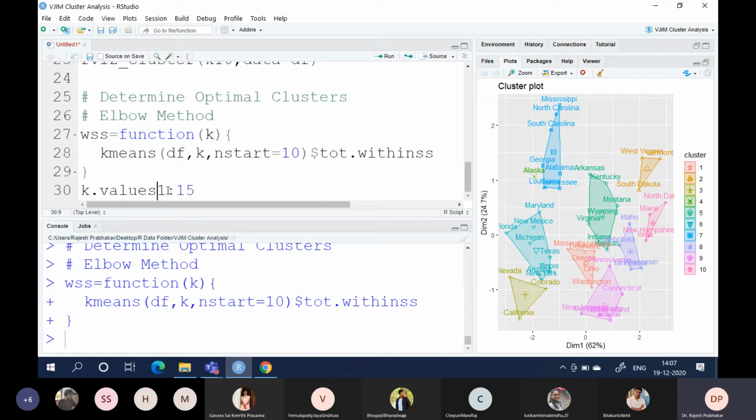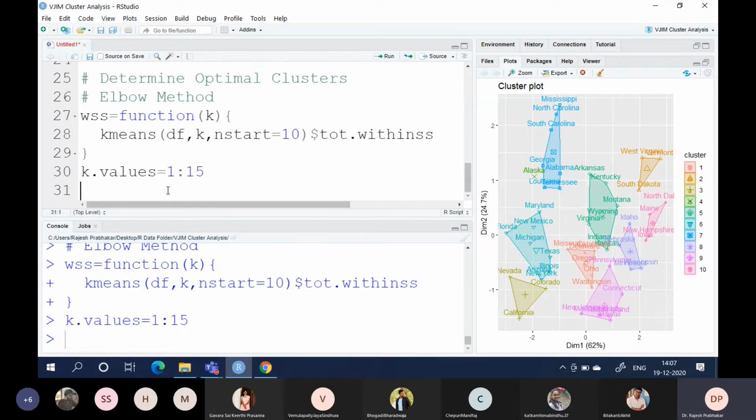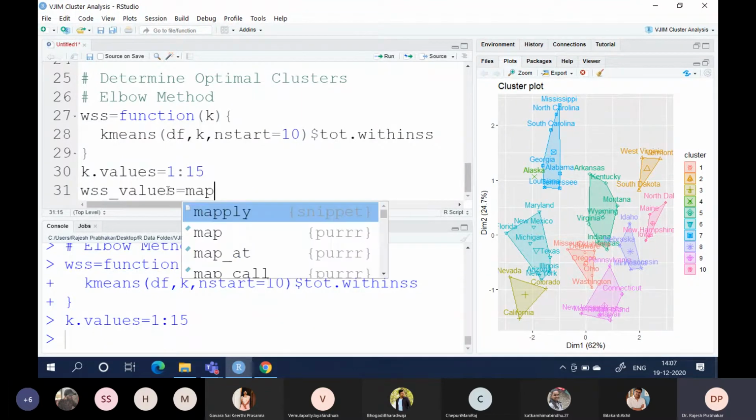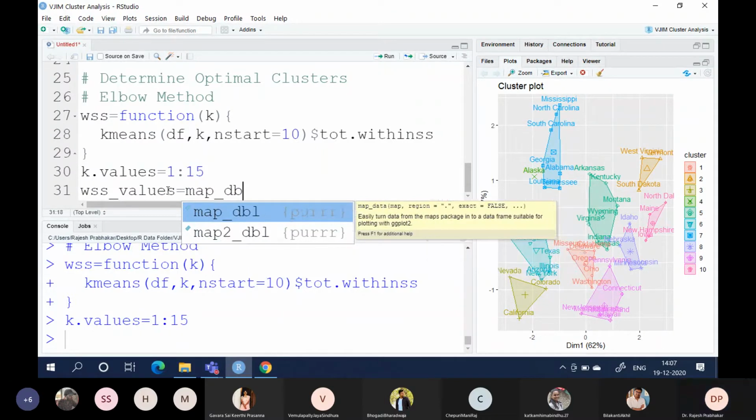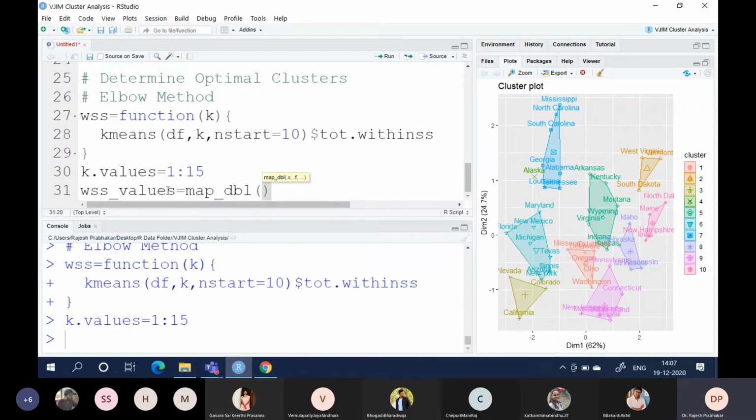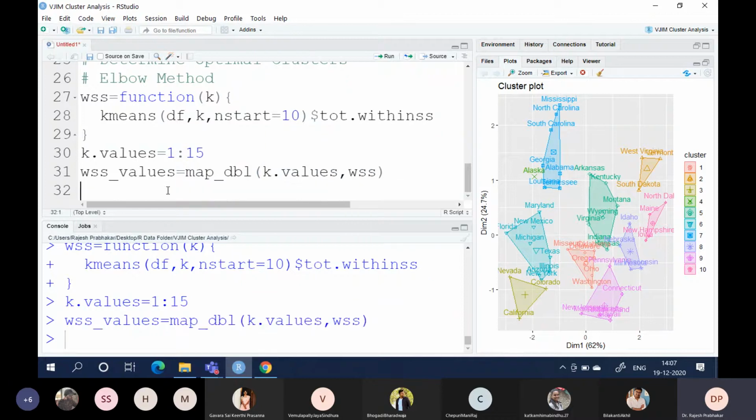We will take 1 to 15 as our values. wss_values is equal to map_dbl(k.values, wss). It will run the function with all the values.